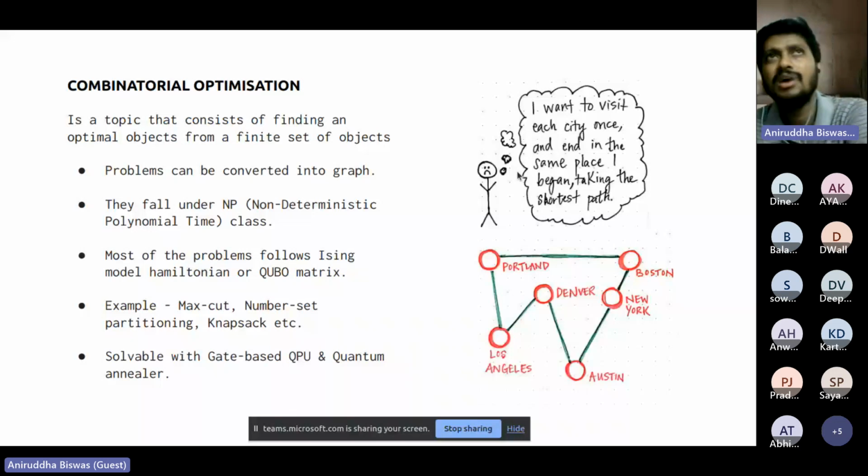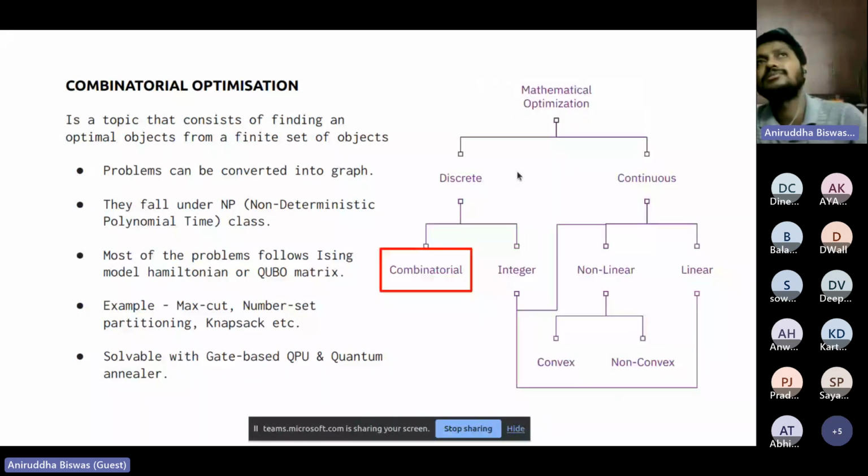Usually there are a lot of error functions we talk about, sometimes mean squared error or mean absolute error, they are some of them. Now, if you want to classify those optimization problems, what are the classes? Mainly they fall under two classes: discrete and continuous. In continuous, you will also see linear as well as non-linear. In non-linear, you can break them up into convex and non-convex.